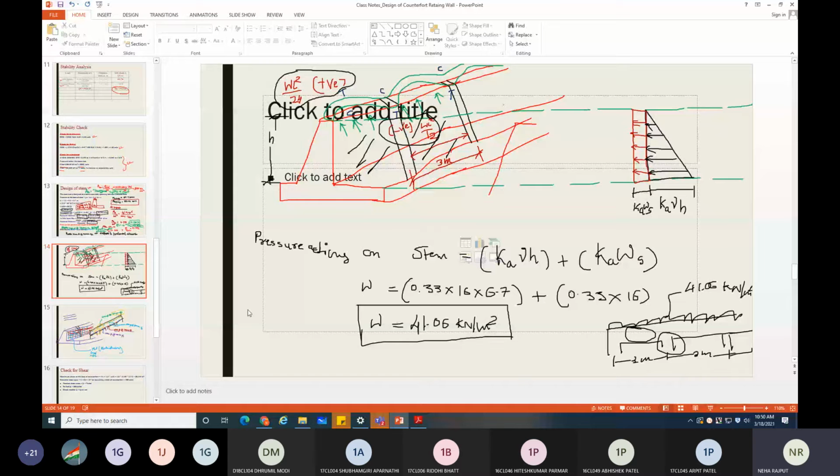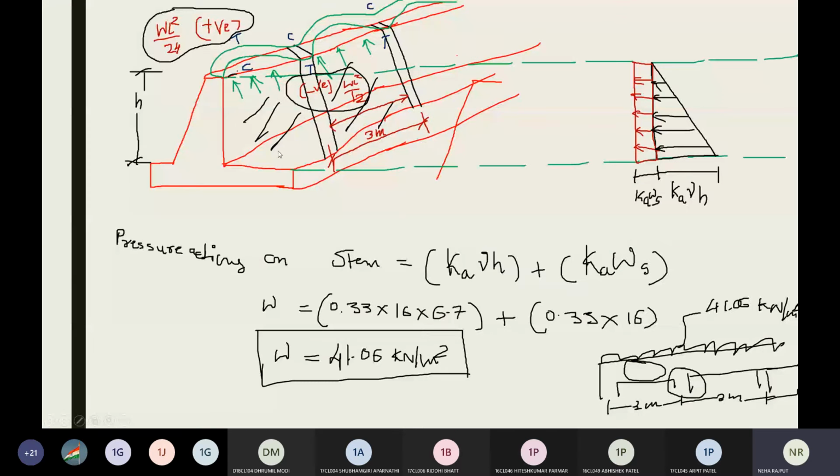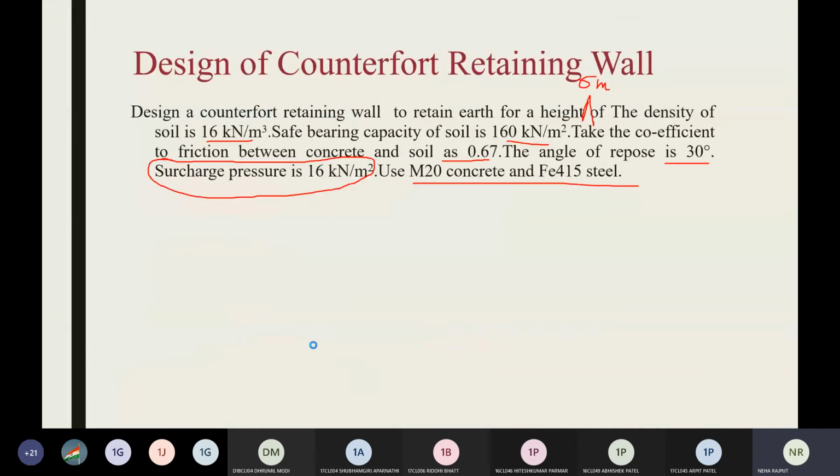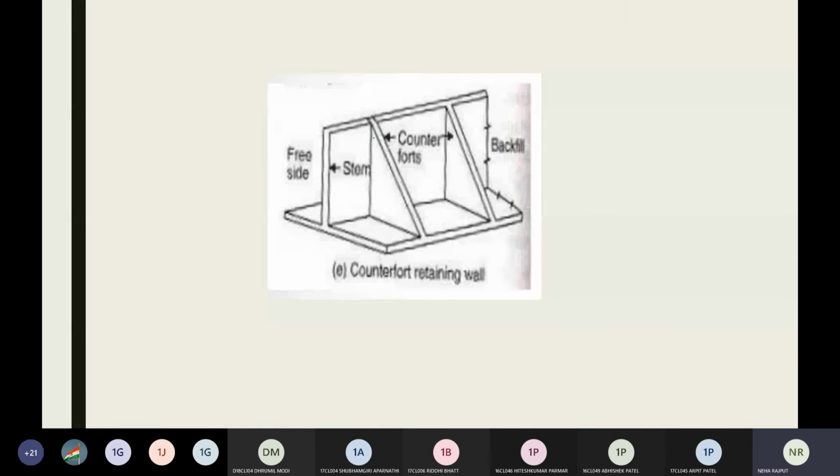Now the remaining part for the design of stem is the connection of stem with the counterfort member. So as I explained earlier also, this stem is connected with counterfort member by horizontal reinforcement. मैंने आपको वीडियो में भी बताया था, this reinforcement is the horizontal reinforcement, right? So that connection design remains, but we have done with the design for the counterfort stem member.